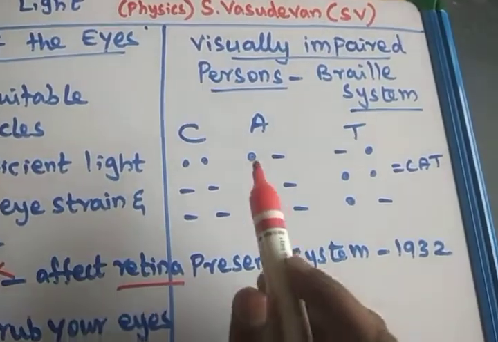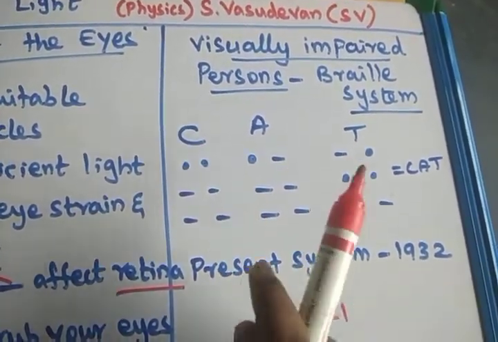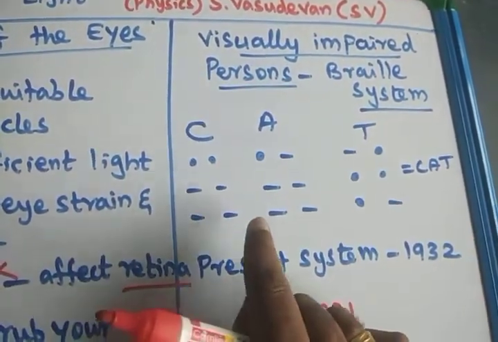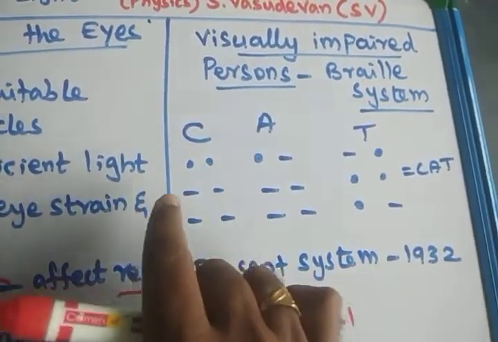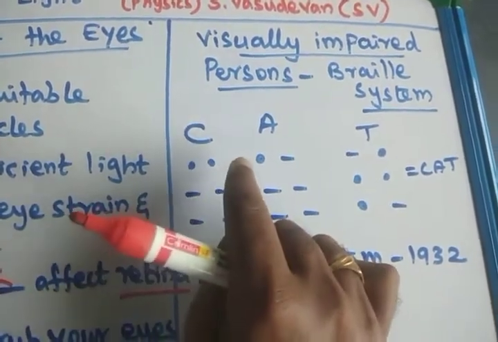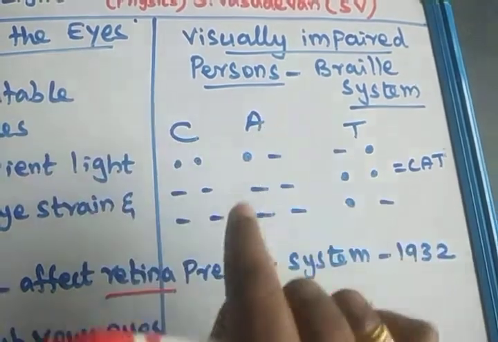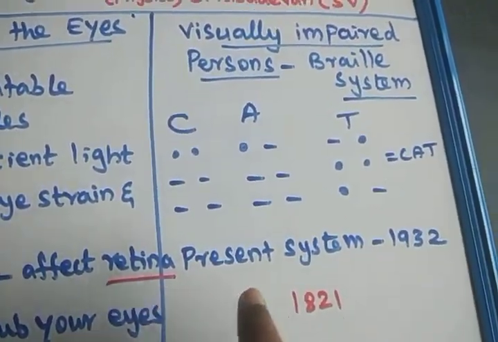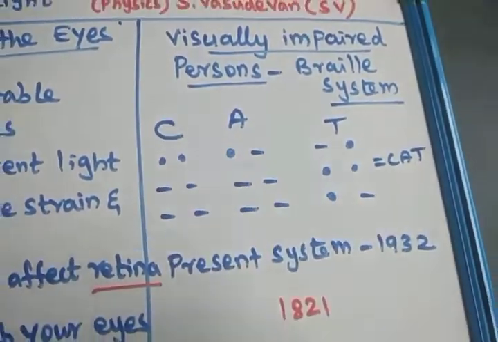So let us see the word CAT, it is a cat. The visually impaired person will touch certain things. Here there are no holes, here one hole, then here a hole. It may be a hole or a dot. So they will touch the dots. If there are two dots in the first row, they will assume that it is a C. Then one dot means A. Then if the dots are like this, it is a T. Likewise, they will be able to read all those things. So this is the Braille system.